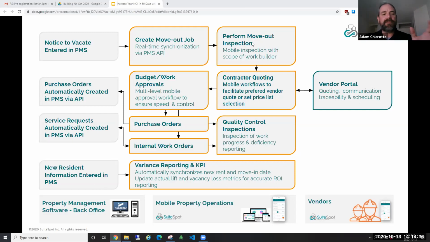And then, whatever the process is from that point on, I've been in this industry over 10 years, almost 15 years at this point. And I've been in the software part of the industry for the last 4 or 5. And I've still yet to see 2 companies that approach their unit turnover process in exactly the same way. So all we're looking for at this point is to figure out how you are doing things now. And the reason to do that is to, number one, let you understand the way that things happen,